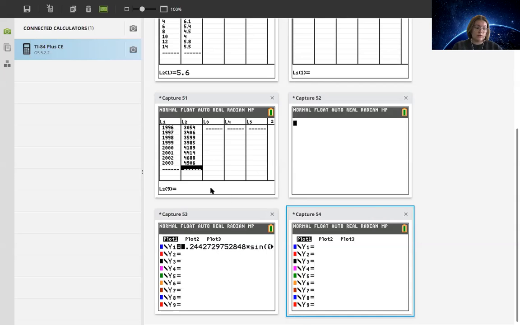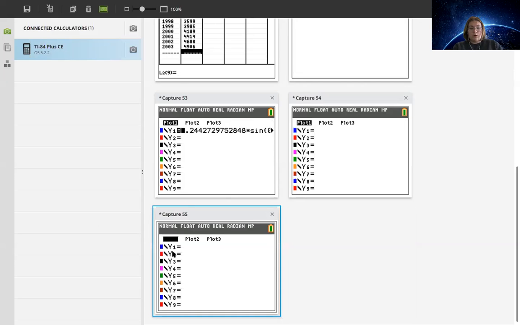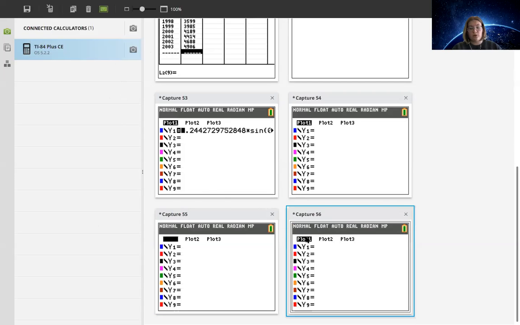So the first option is to actually click the up arrow when you're on this screen, and you can select over what would be plot 1. My cursor is hovering over it here, and you would hit enter. It'll turn it on and off, so I just turned it off right now. I'm going to turn it back on, and you should come back to a screen that looks like this. That just lets you know that your stat plot is on. So when you go to graph this by hitting the graph button in the upper right hand corner of your calculator,